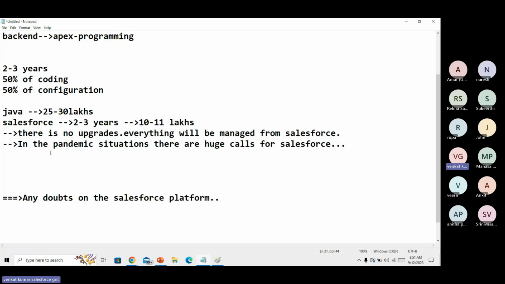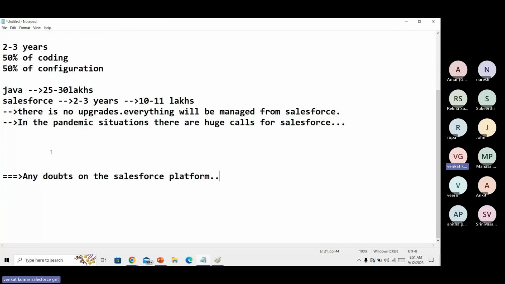Normally, I give an introduction to the Salesforce platform. So, what we'll teach in the coming classes, how things are going to be, how I can share the interview questions, how I can interact in the class, what projects we'll deal with in the class. Everything, let me try to discuss now.